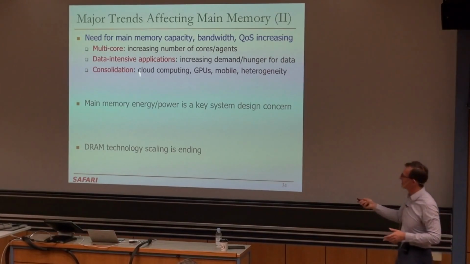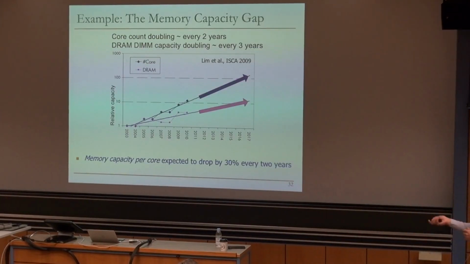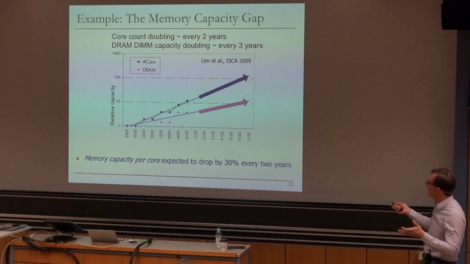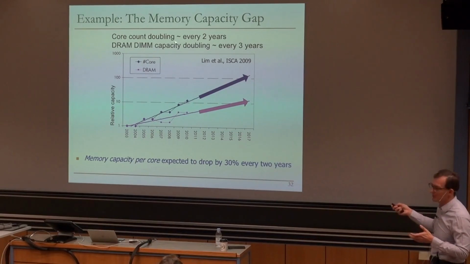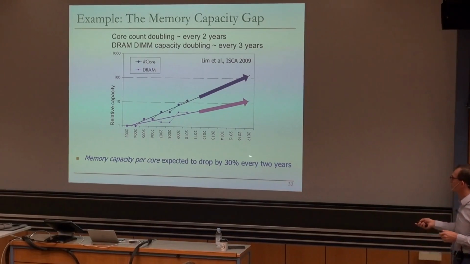I think this critically affects sustainability, for sure. So this is one example trend. Basically, this is data from an Iskra 2009 paper by HP Labs and University of Michigan. They plotted how fast the core count is increasing and DRAM capacity is increasing. They're doubling at different rates, and core count is increasing much faster. As a result, they projected that memory capacity per core is expected to drop by 30% every 2